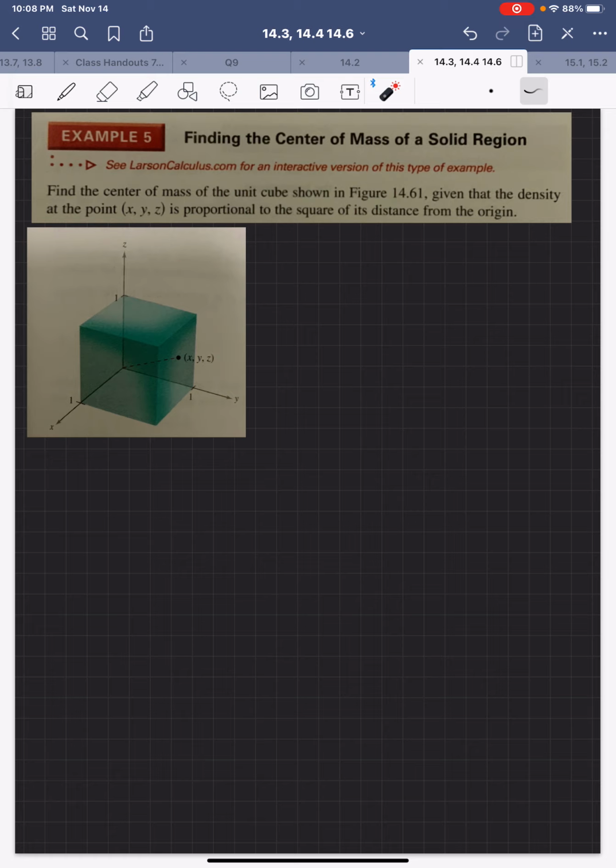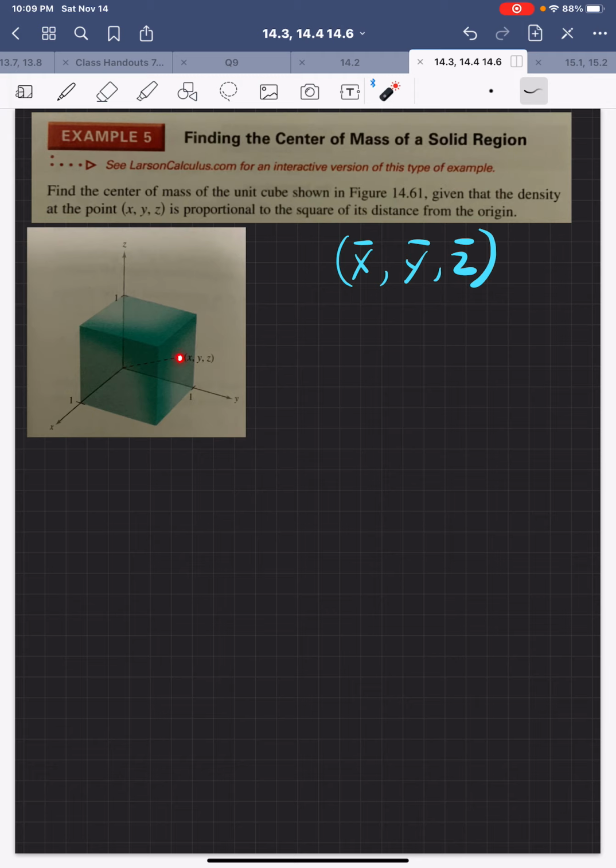Now, a unit cube is just a cube where the length, width, and height are all 1. They were nice enough to give us a picture. If not, we would have to draw one. But we want to find the center of mass. So the goal is to find x bar, y bar, z bar for this solid. But notice it says, given that the density at the point x, y, z, now that's some arbitrary point,